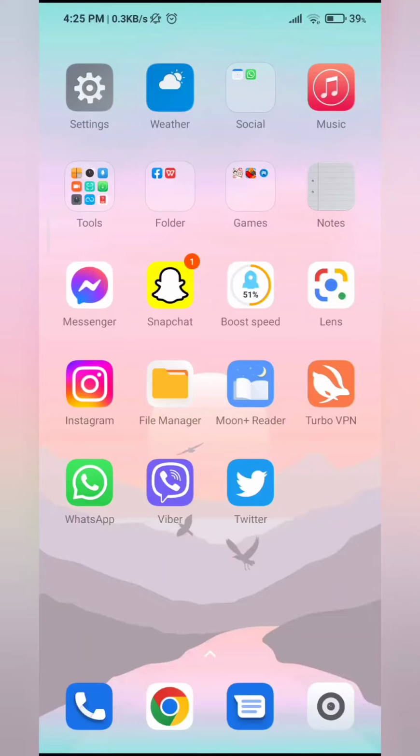Is the language set in your Facebook app not to your liking? Well, there's definitely a feature that lets you change language in Facebook. To learn how to change language in Facebook, let's watch further. So, first thing you want to do is open your Facebook app,